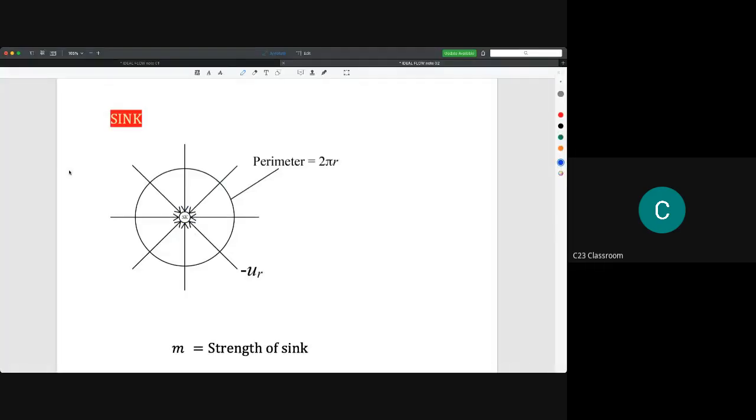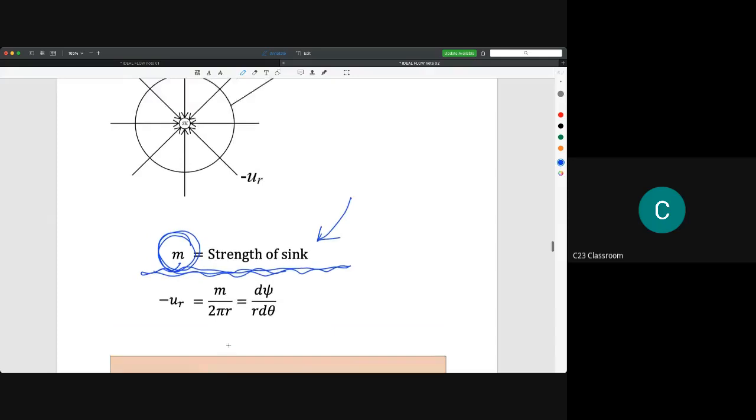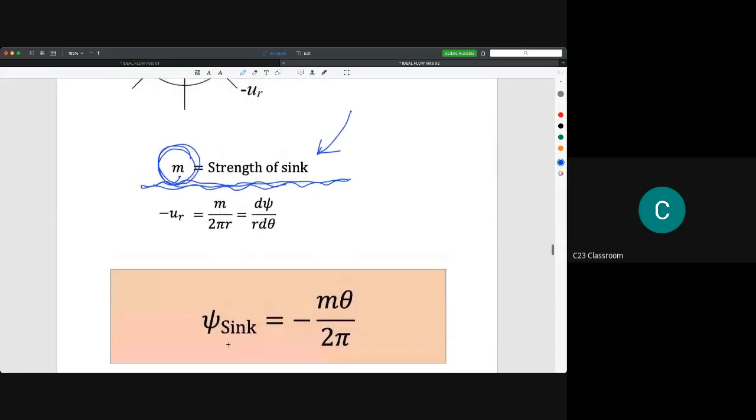Okay, so this is the difference between sink and source. So again, flow for this situation also has a flow rate, but we call it the strength of sink. So we still use the symbol of M. And then if we calculate, I just shortcut it here to make it simple, because the